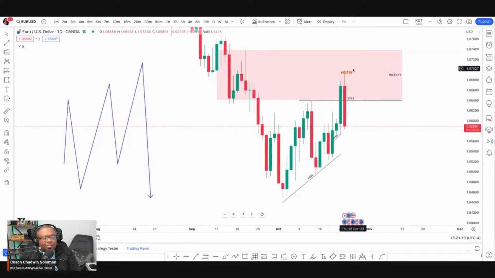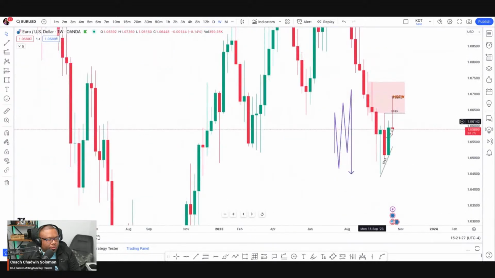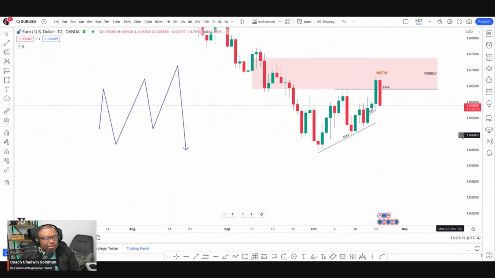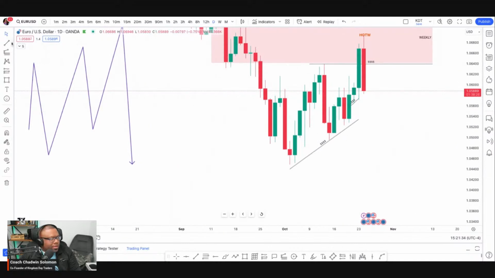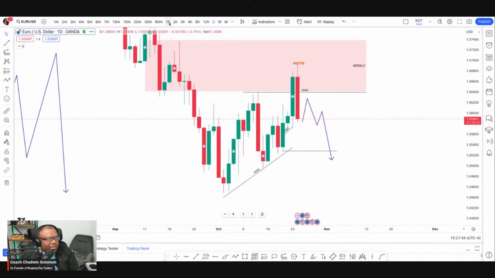So normally internal to external, yes, but a higher time frame zone has been hit, which means one of the lower time frame ones has to go. Even a weekly high has been cleared out here. It's going to look to at least, in my opinion, at a minimum, take out this area over here. Right? How's it going to do that? Tomorrow, probably in London, we go up, come down, New York down again, something like that.